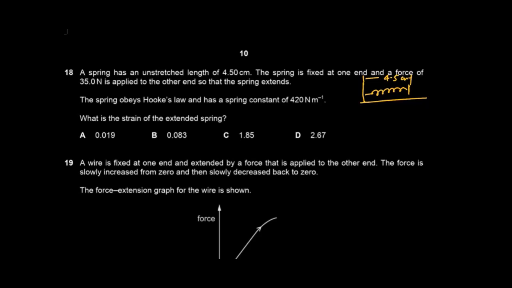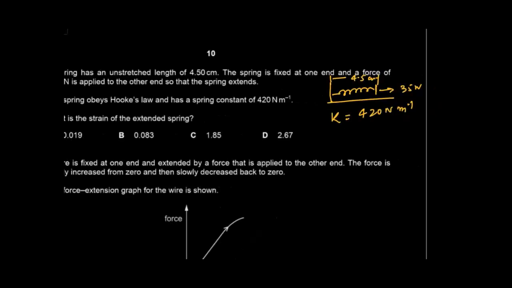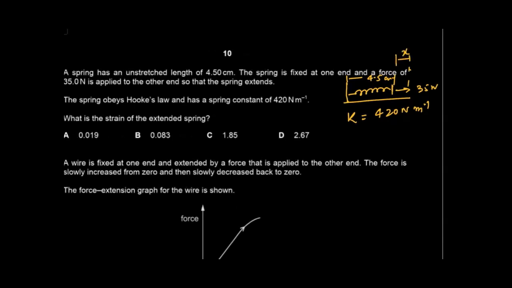Now there is a force applied on the spring in this direction, 35 Newton. Because of this force, the spring got extended and its spring constant is 420 Newton per meter. So when a force is applied, there is extension in the spring. So there will be a force resisted by the spring, which is of the amount kx. So we can write 35 Newton is equal to kx. So x can be found out to be